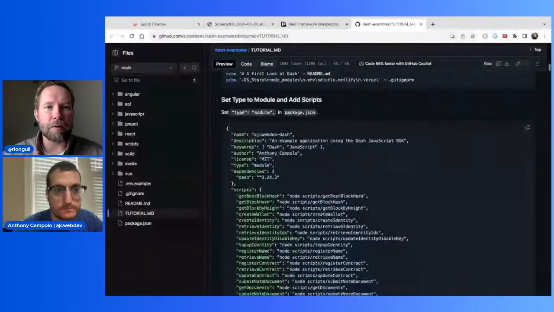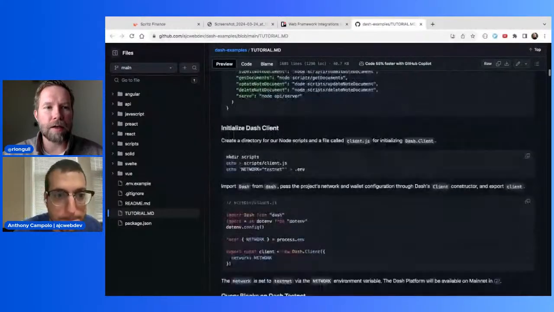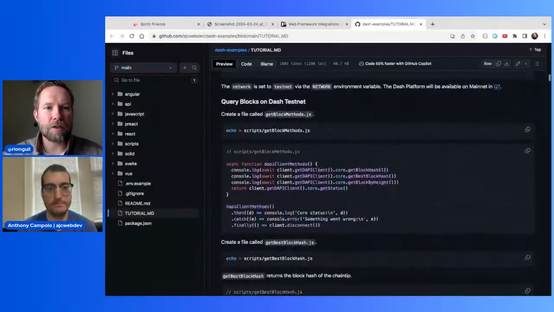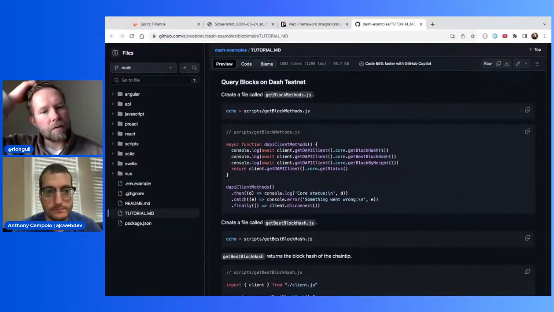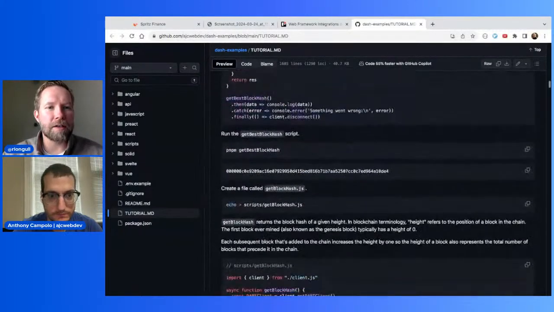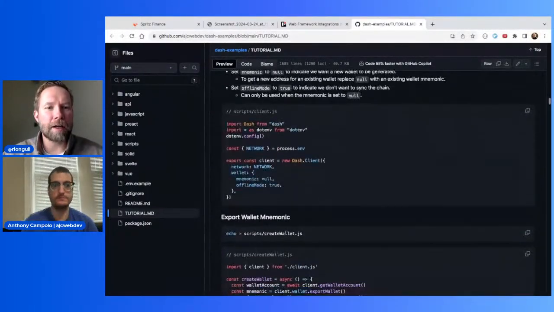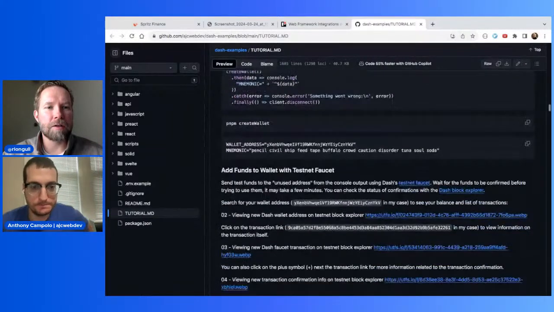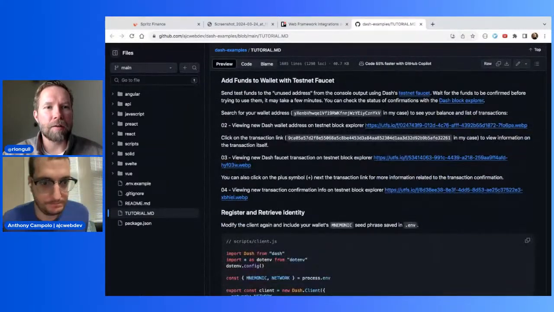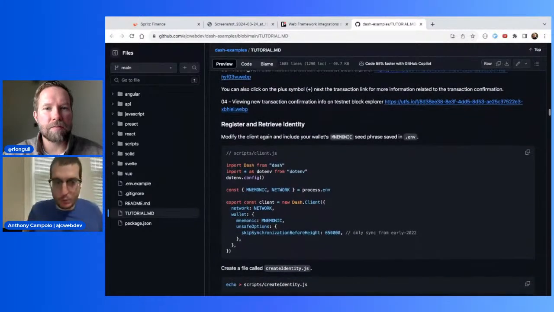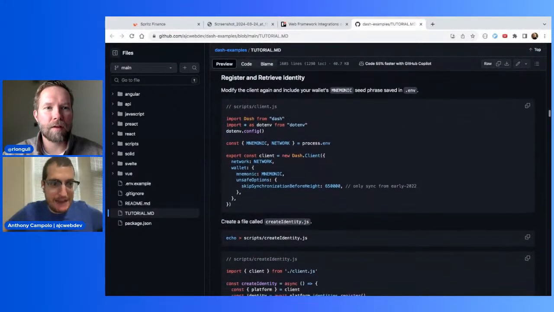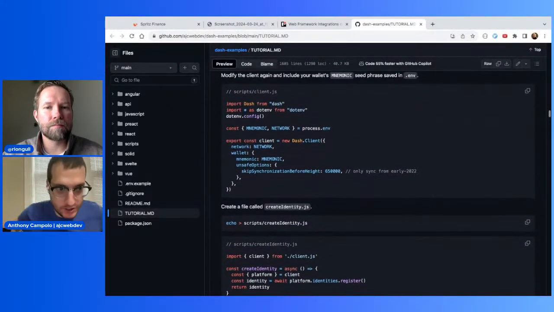I'm going to open up the document myself. So you did get an identity to work, right? And you got initialize the Dash client. We skipped the querying blocks thing. That's fine. And create a wallet and identity. Yep. Exported the mnemonic. Added funds. Yeah, creating the wallet is the most important step, because everything else in the tutorial depends on